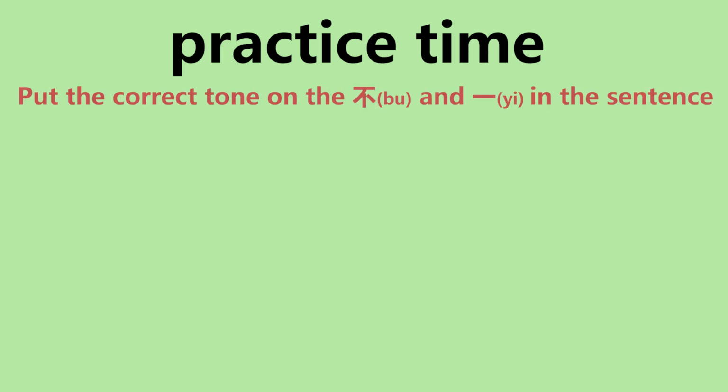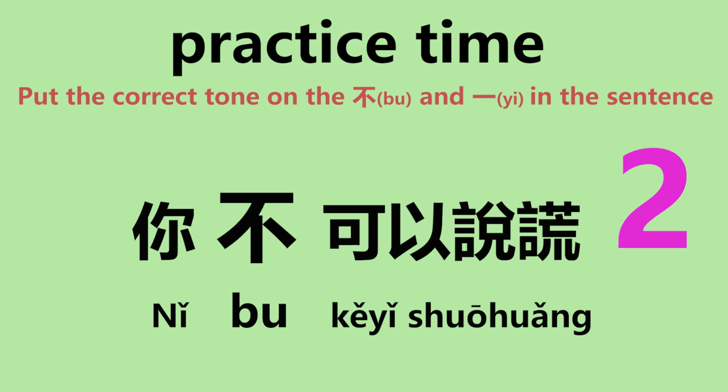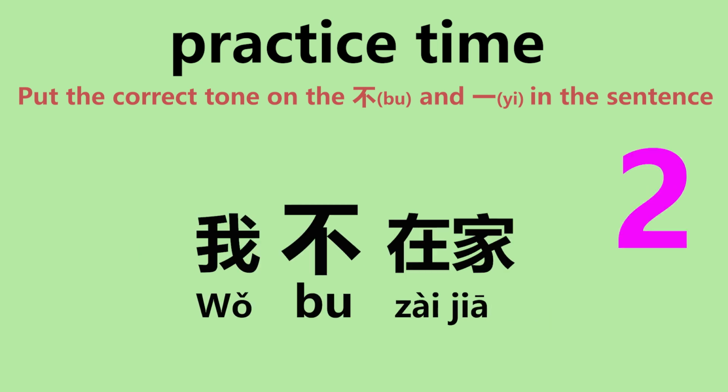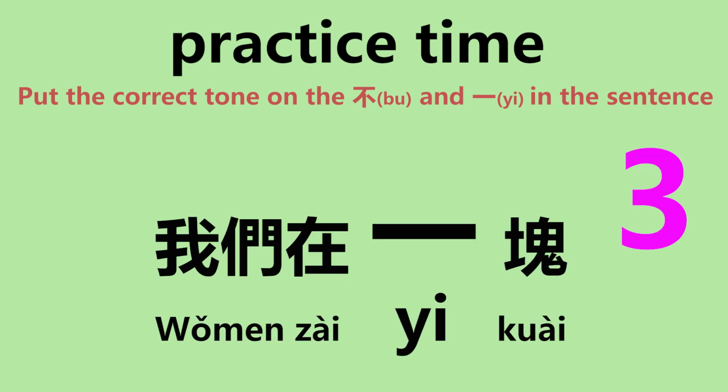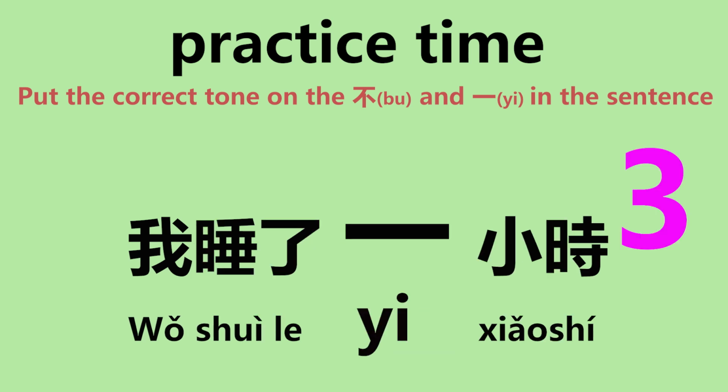It's practice time. Put the correct tone on the 不 and 一 in the sentence. 你不可以说谎。我不在家。我们在一块。我睡了一小时。